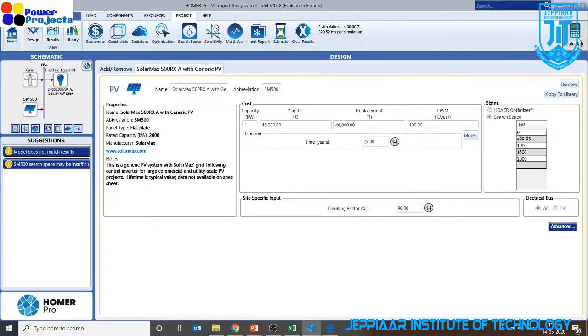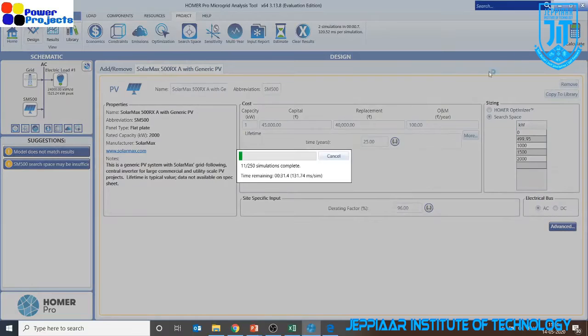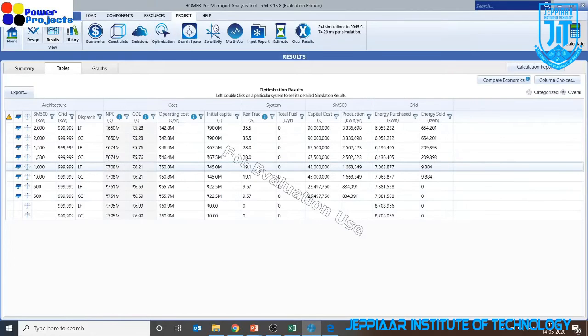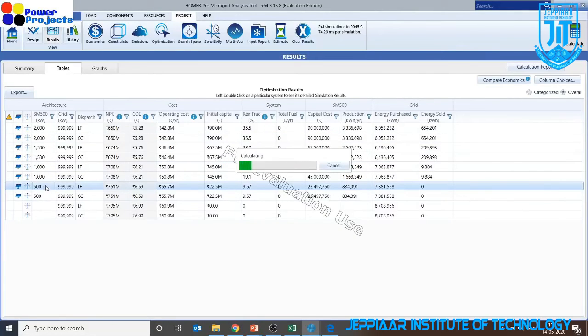And if you run this, you will be running many cases, which you have seen here, right? That's because of the multi-year option, and you will be able to see the results not only for the first year but also for the 25th year. Okay? I'm not really adding complicated problems, because that will take quite a lot of time for the simulation to run, right? I will take the same example of 500 kilowatt.